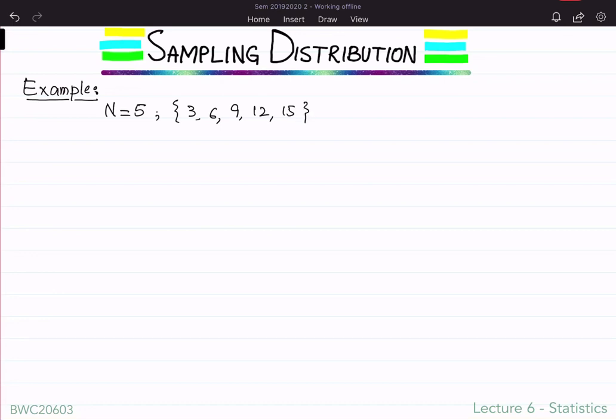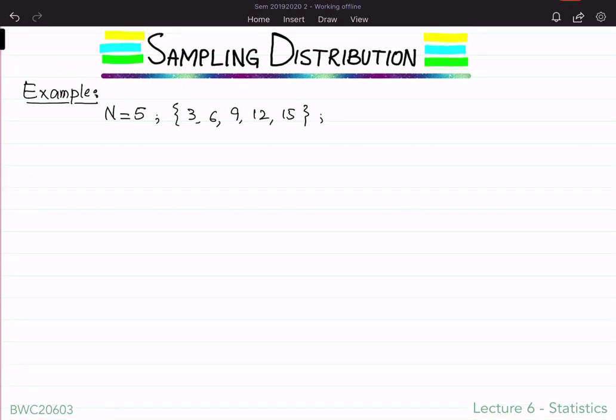All these are the first 5 multiples of 3, and then we can have multiple samples of sample size n equal to 3, and we are asked to find the probability distribution for the sample mean,